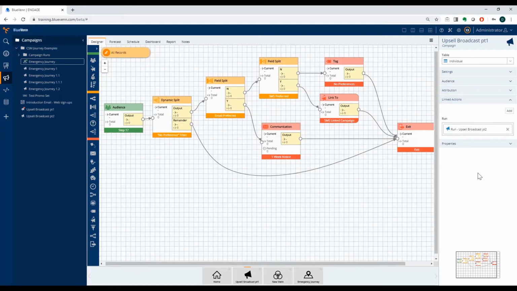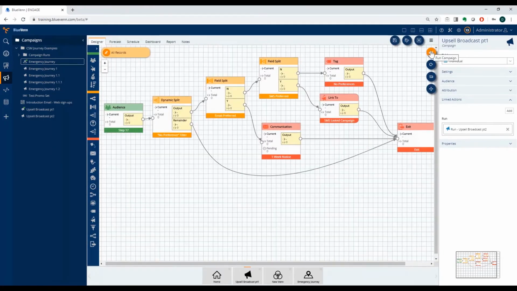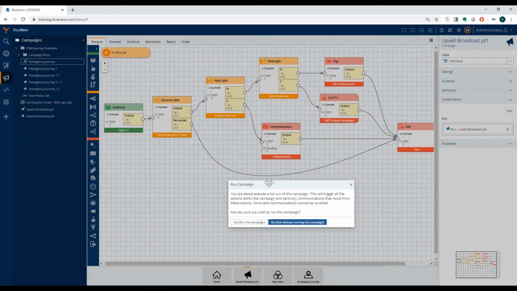So a much easier way of building a much more powerful and complex journey with a lot less work involved. So now we've set this link step in here and we have our audience. We're going to go ahead, save our campaign and then run it. Now we'll get a few options here, usually the standard message warning us that we're about to run a live